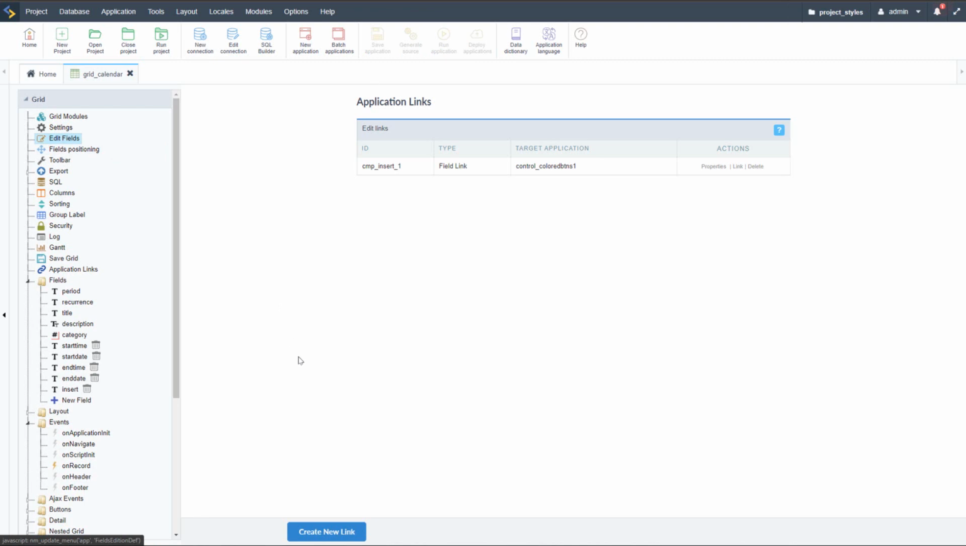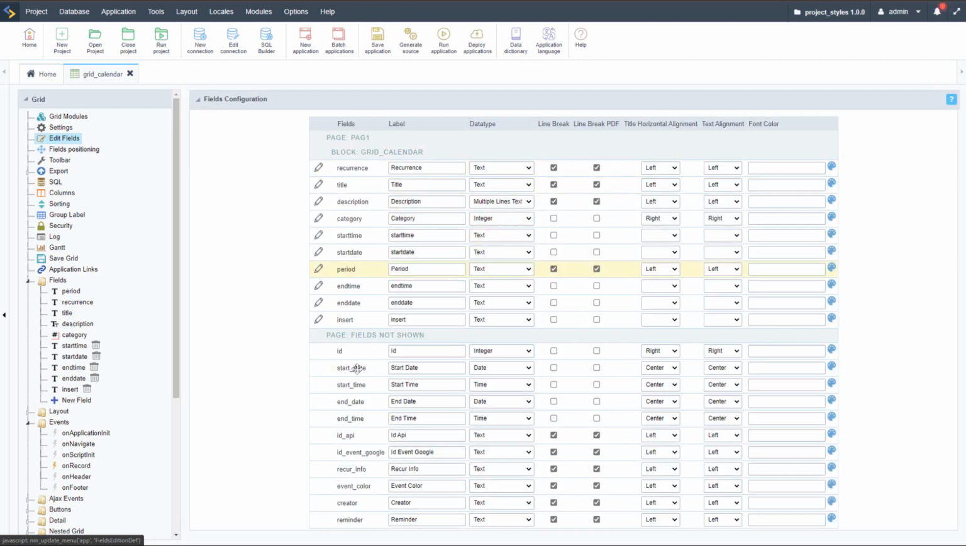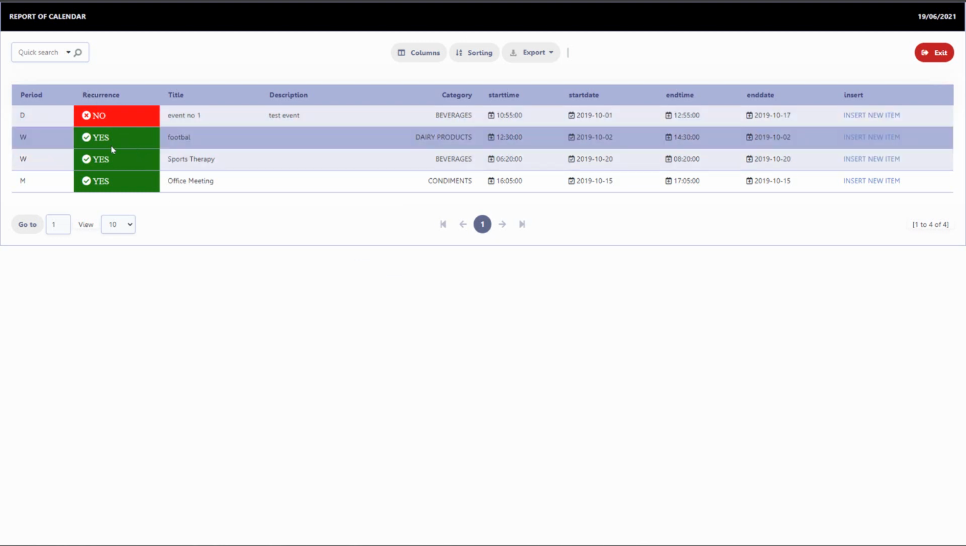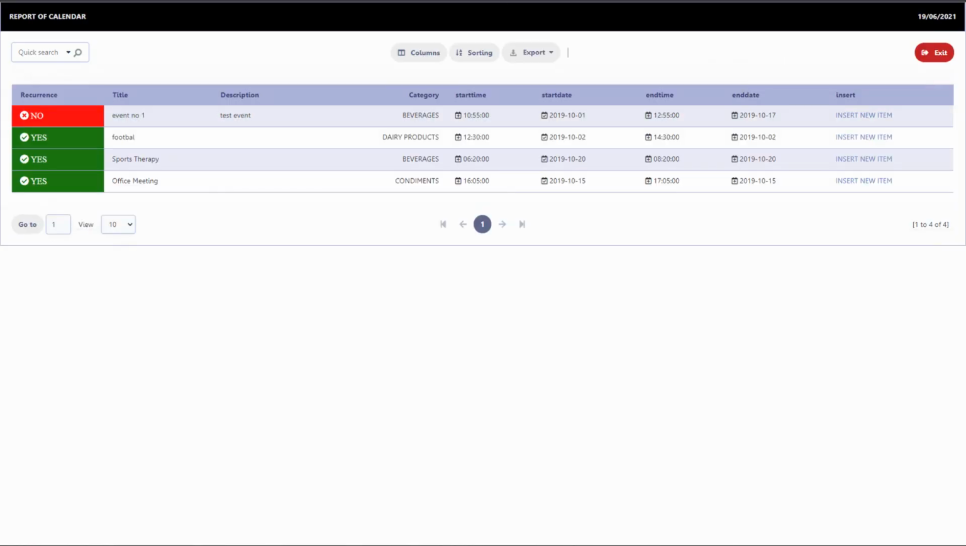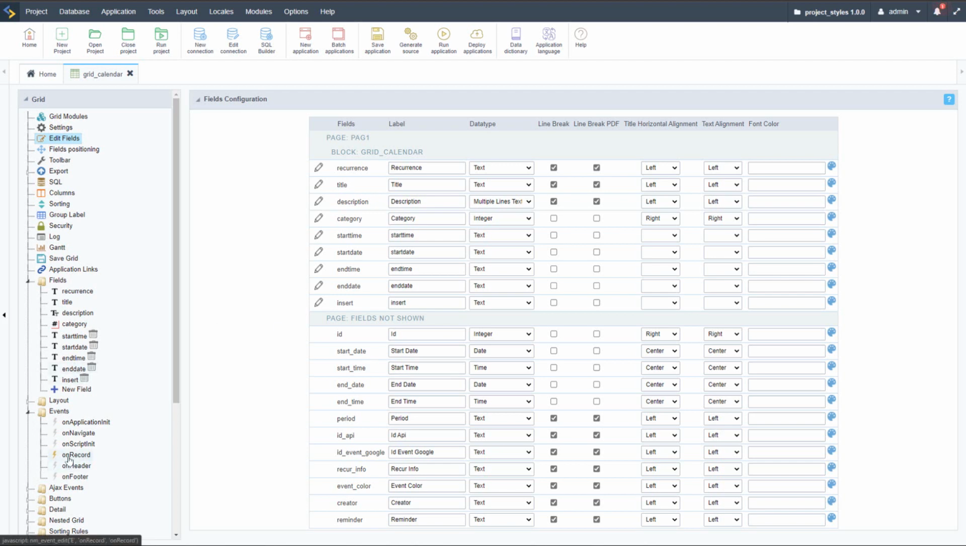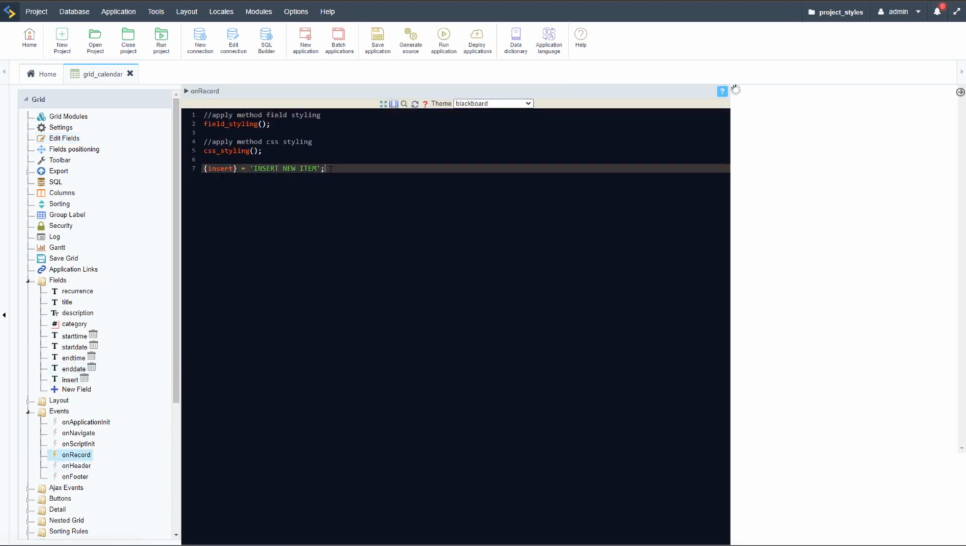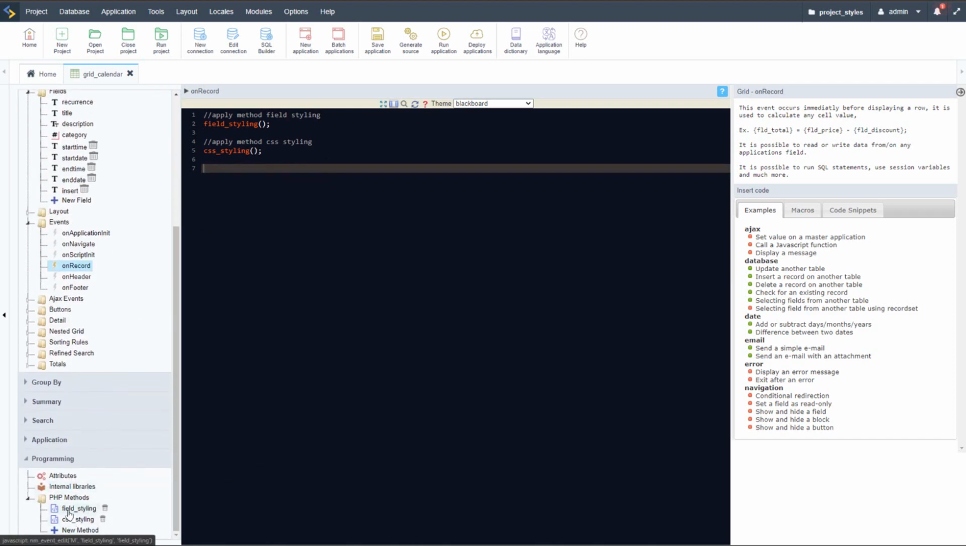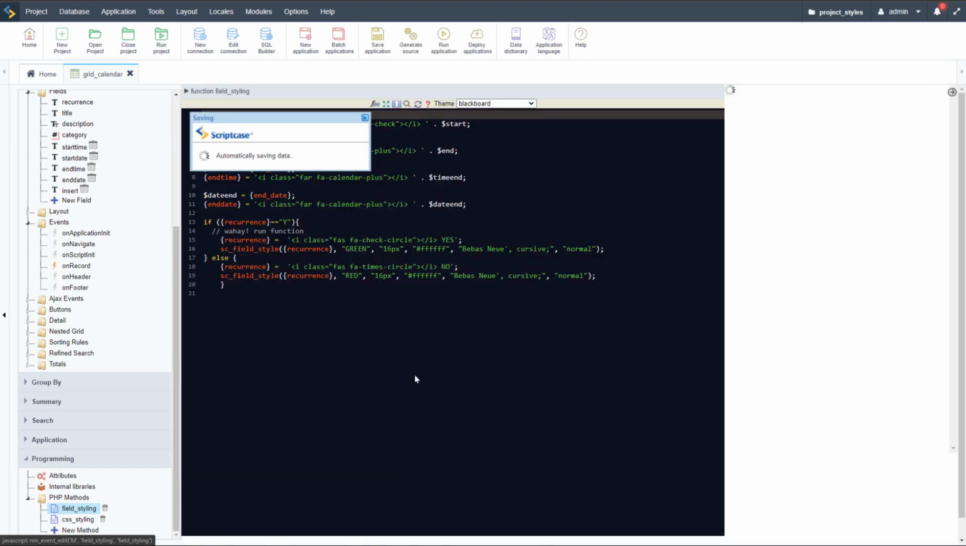So as I said, we had there the period. I'm going to go ahead and remove that one, and then we have this like so. So we have our recurrence, we have our yes. Let's go ahead and modify here then the insert field also. So I'm going to just go ahead on record again, and I will copy this, and in fact I'll cut it, and then I'll place it back here within the field styling method,